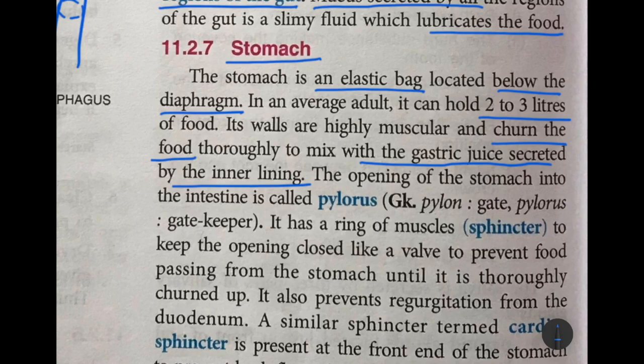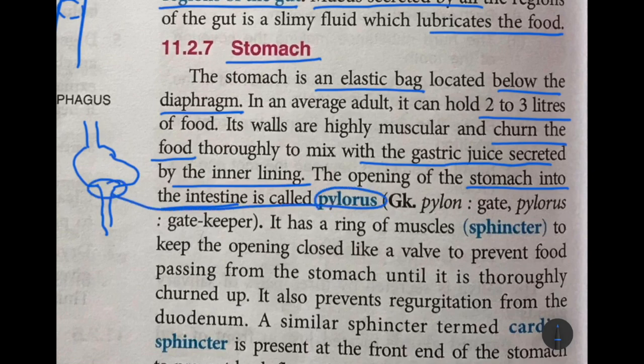The gastric juice. The opening of the stomach into the intestine. So once the esophagus reaches the stomach, there is another opening which passes it on to the intestine. This opening of the stomach into the intestine is known as the pylorus. It has a ring of muscles, known as sphincter muscle, to keep the opening closed like a valve to prevent the food passing